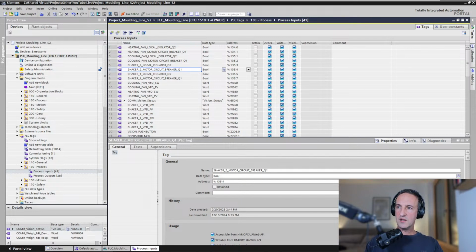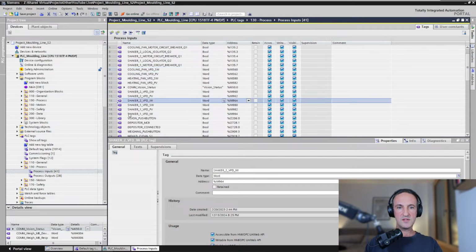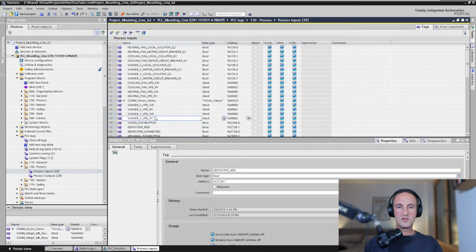And let's see which example I took here. Yeah, if we take the shaker, for example, let's just remove this one, the input words we're not going to need here. So let's just say a shaker, you see the communication is input word 960 and 962, the status word SW, and the process value, so the speed process value of the VFD, the status word of the VFD. These are right here defined as two separate